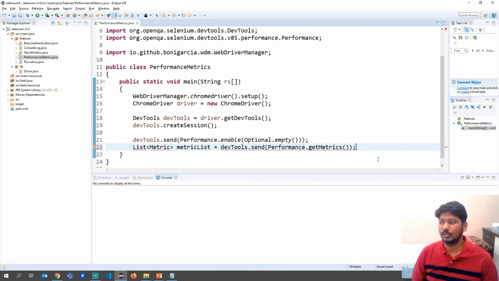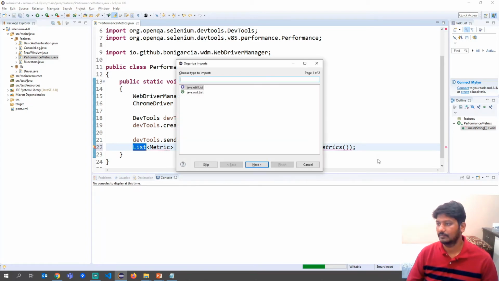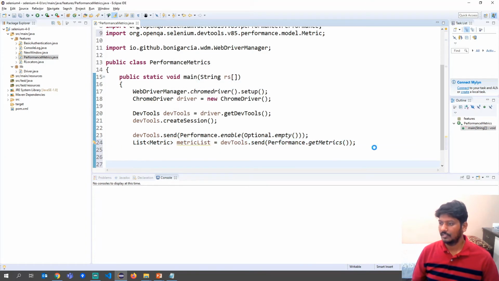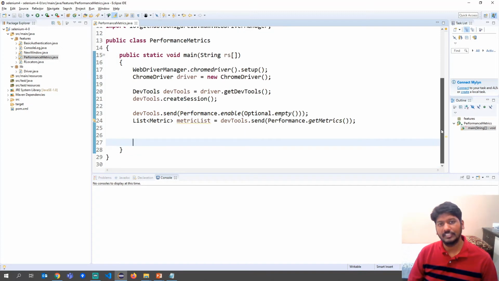So we are telling that use these metrics so that you can capture all the metrics. And then finally we will launch the browser now.